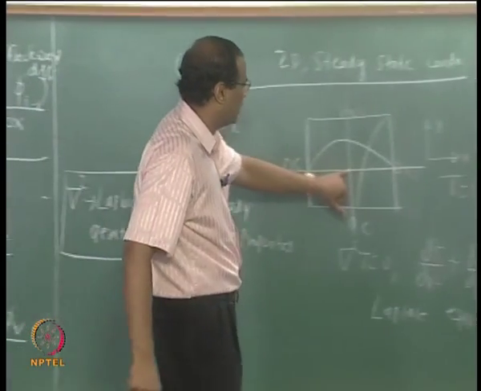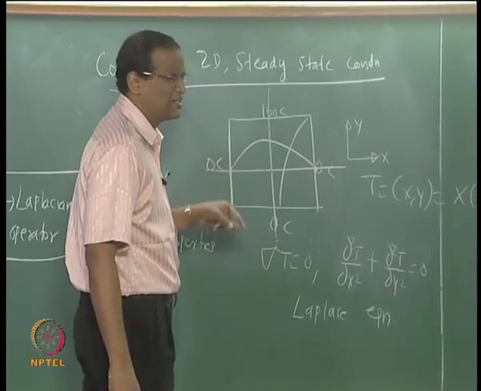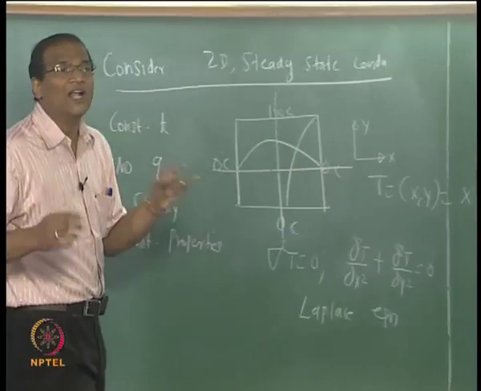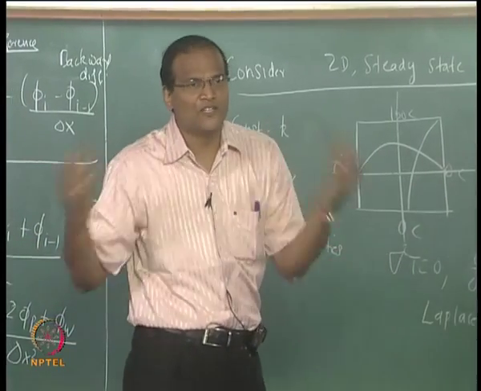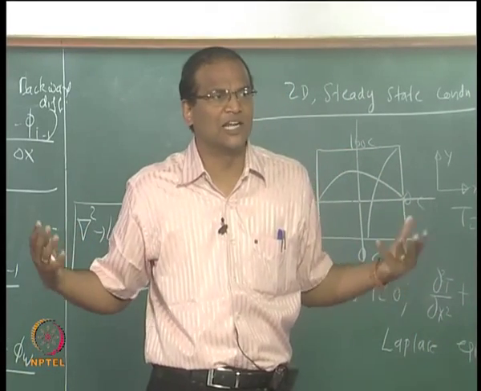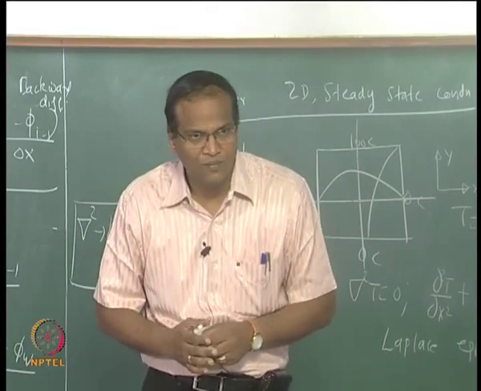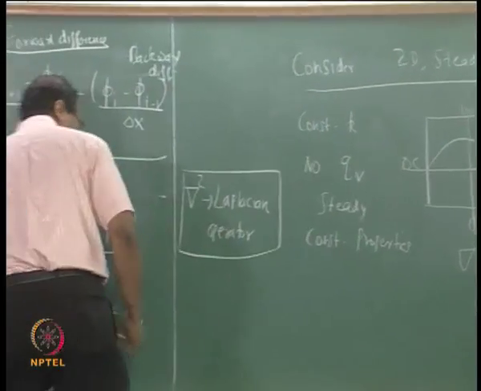relating the temperature at a particular node in consideration to the temperature at its surrounding nodes. You will get a relationship for every such node, every such phi of p. So you get a set of simultaneous equations. Go ahead, use the Gauss-Seidel method and simultaneously solve. That is the story. So this is basically 2D steady conduction.